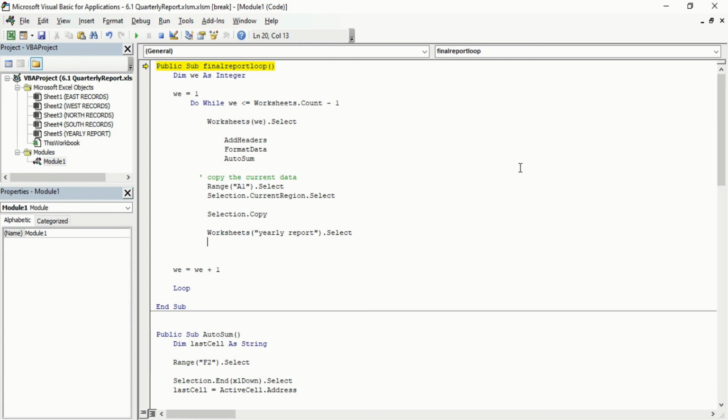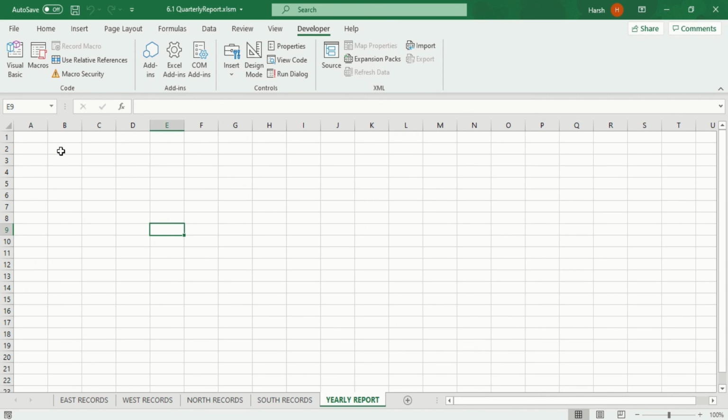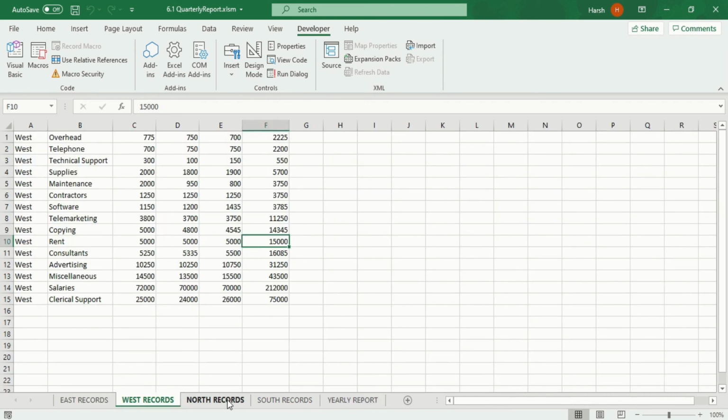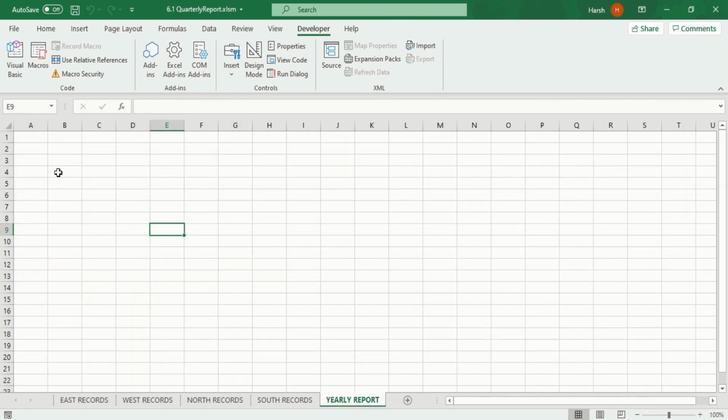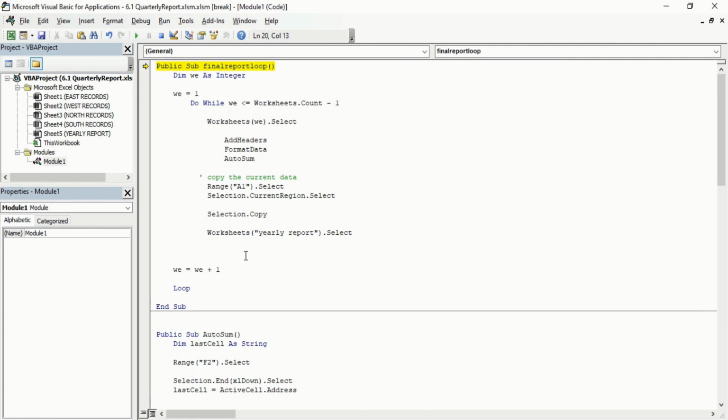Now the question arises: it is almost done, but if we run this there is one problem. If we go to our yearly report and it starts pasting everything on A1, it creates a disaster for us, because if all these four reports are pasted on A1, then none of the reports will be available to us. Each is pasted one on another, removing the previous one and creating an error. So what will we do? There are a lot of solutions for that. I hope you will find one. For now, I am going with my solution.